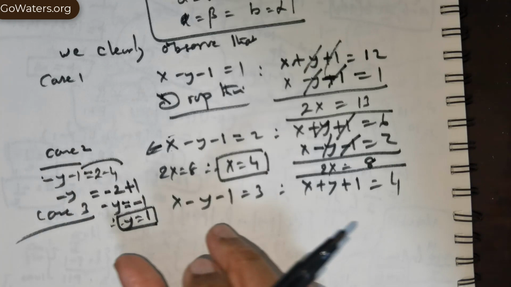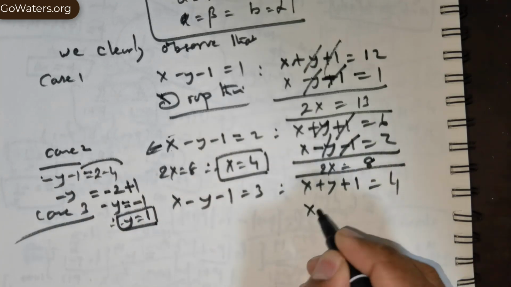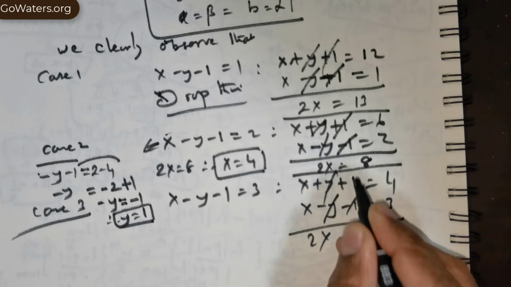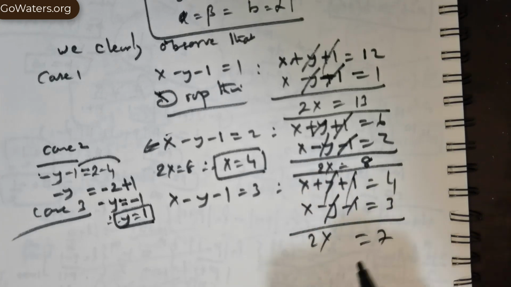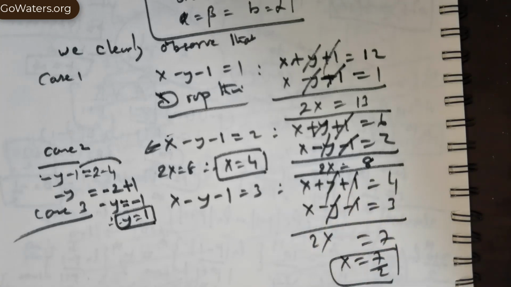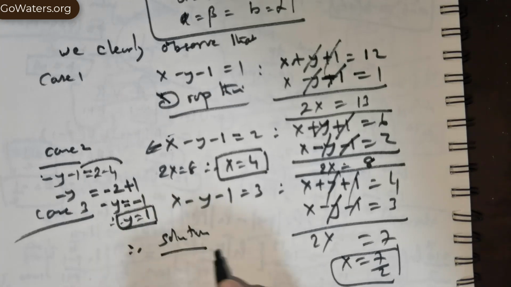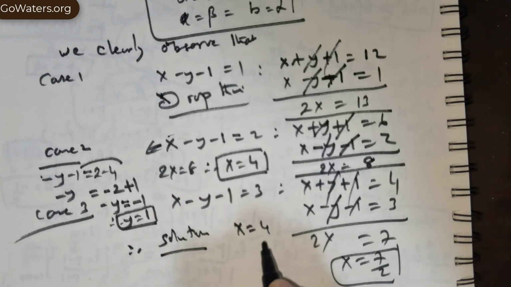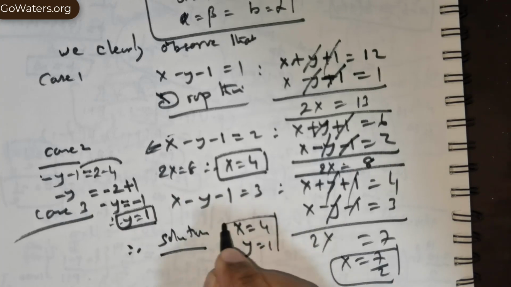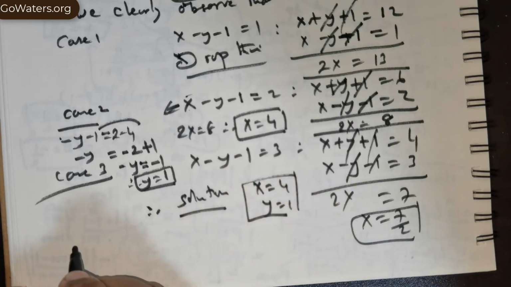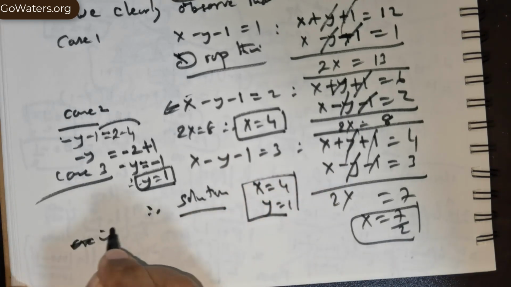Now similarly in case 3, x − y − 1 = 3 and x + y + 1 = 4. You add these two, you get 2x = 7, so again x = 7/2. This cannot give us a natural number, because we are looking for natural numbers. So therefore the only possible solution for this question is x = 4 and y = 1. In other words, x = 4 and y = 1 is the only solution